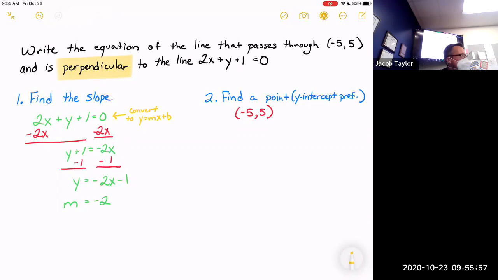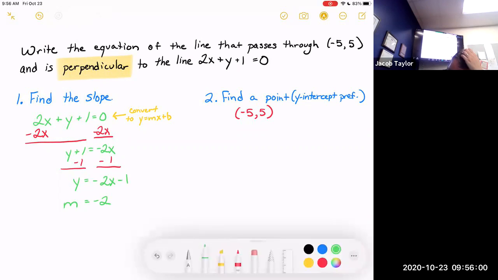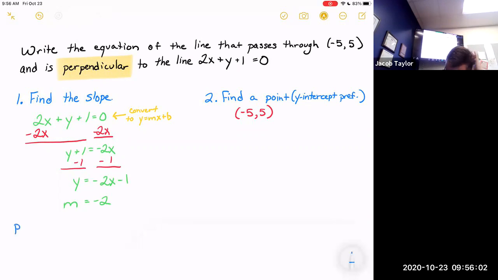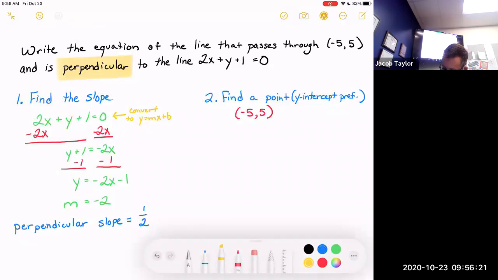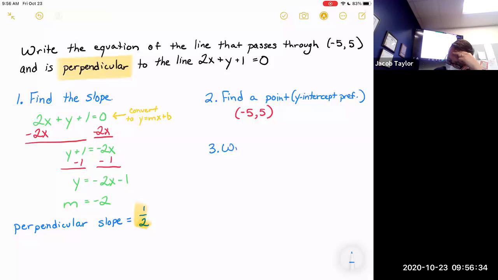Perpendicular lines don't have the same slope. How do I find a perpendicular slope? It means the two lines intersect at a 90-degree angle. Okay. What does it mean for the slope? Yes. Negative reciprocal. 1/2. So I've got the slope and I've got a point. So then step 3 is going to be write the equation